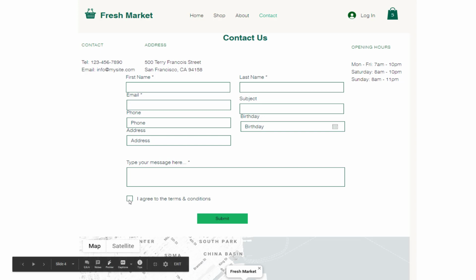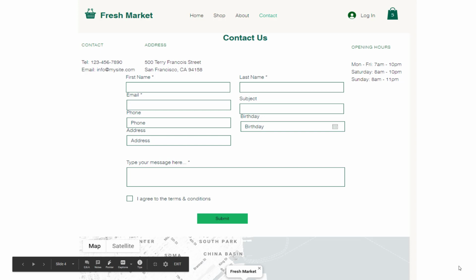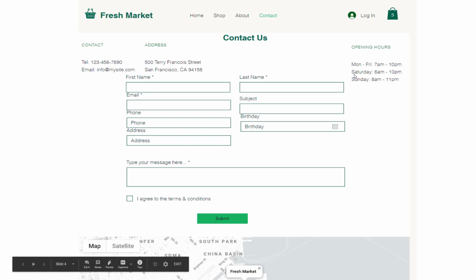And at the end, they are given an option to agree to the terms and conditions, and to submit the details that have been entered here. Okay, and if you notice here, the user is also given an option to see the map details, like the location details of the Freshmarket store, where exactly it is located. Okay, so all these features to be developed in one go, it's a big task.